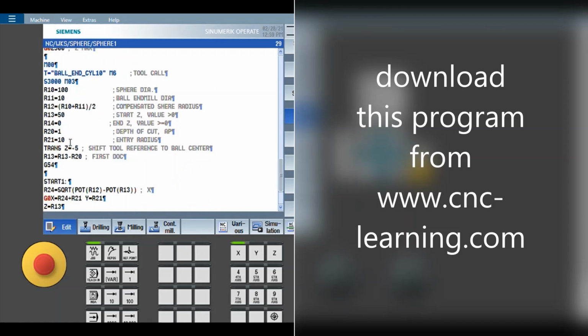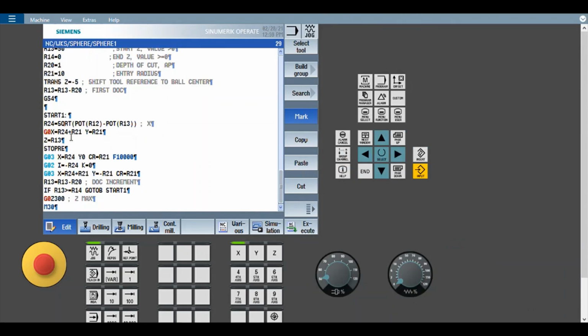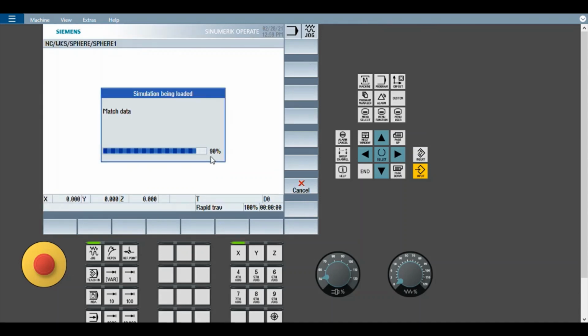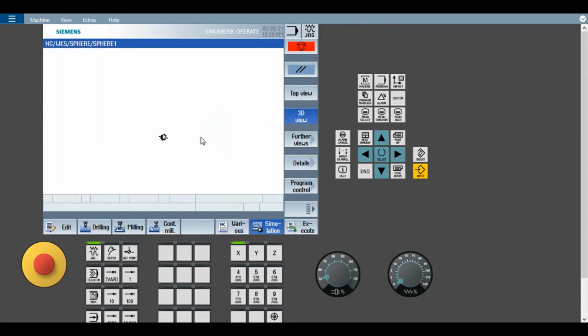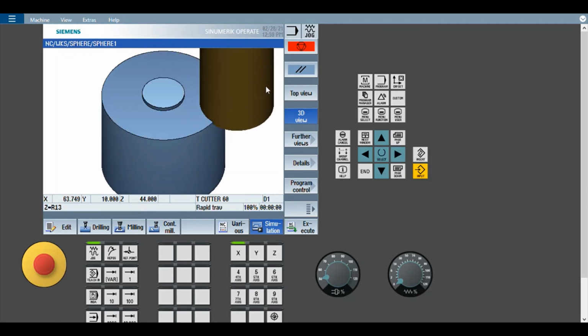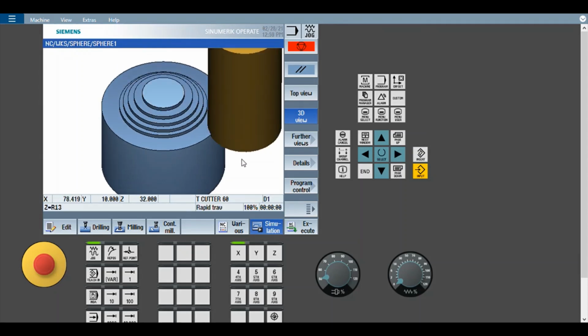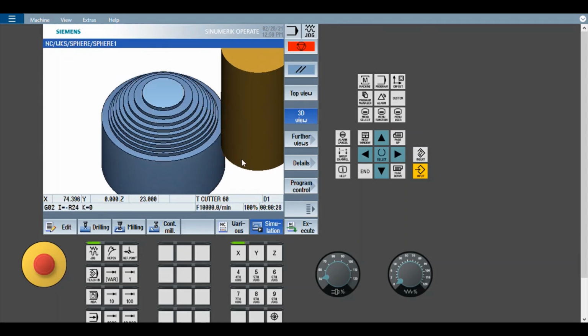Then, as I said, the next one I am doing from 50 to 0 with depth of cut 1 mm. Then the program is the same. You can have a look at the total simulation. First roughing with end mill, step by step.